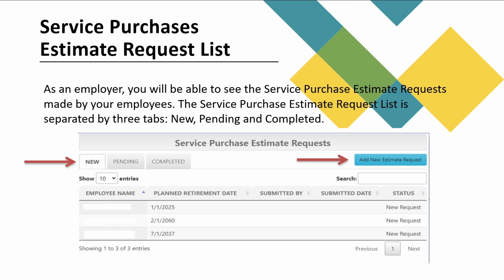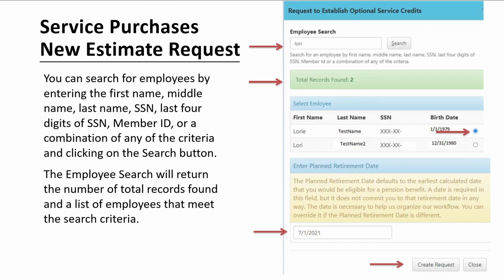As an employer, you'll be able to see the service purchase estimate requests made by your employees. The service purchase estimate request list is separated by 3 tabs: New, Pending, and Completed. In regards to service purchases, the new estimate request